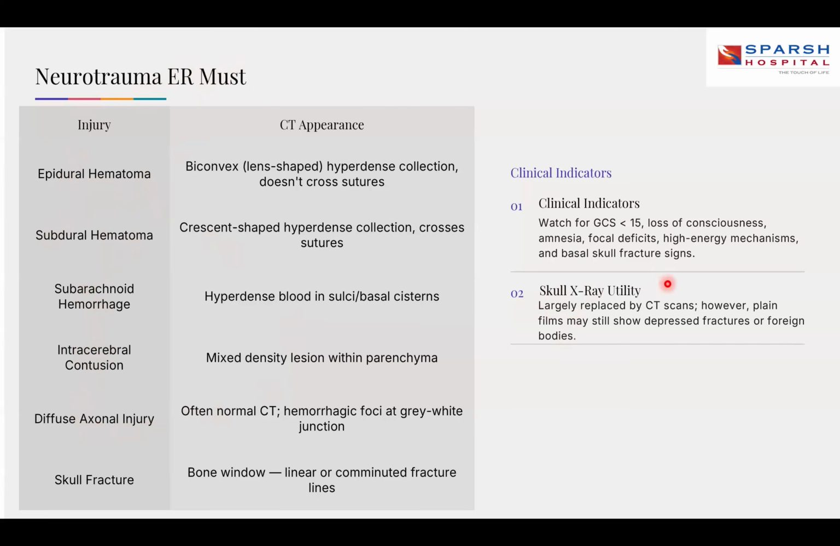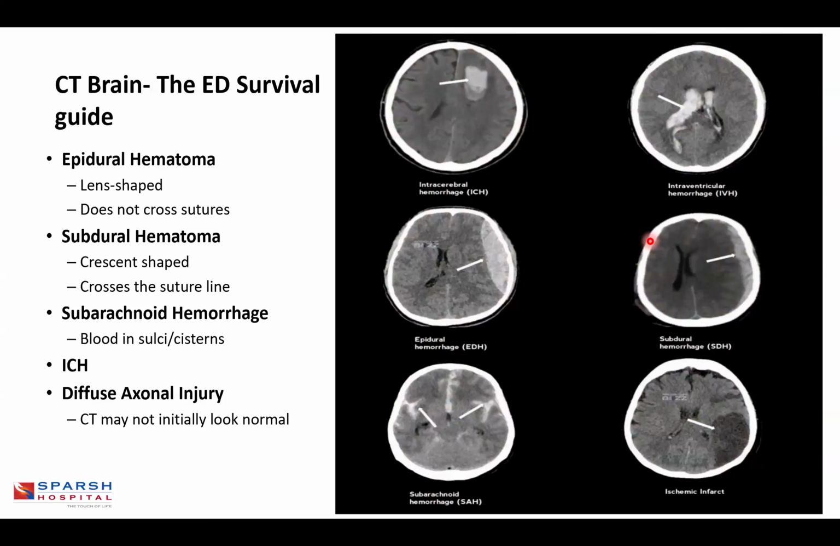So any patient presenting to you with a GCS of less than 15, more than one episode of vomiting, loss of consciousness at site, seizures, or obvious fractures you're suspecting, you have to go for clinical imaging. A very simple slide, but a very important slide on ED survival of how to identify bleeds when you're doing neuroimaging. I would clearly tell you here the EDH would be the most important surgical emergency that you would encounter as